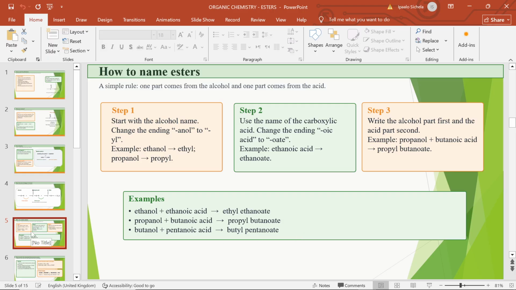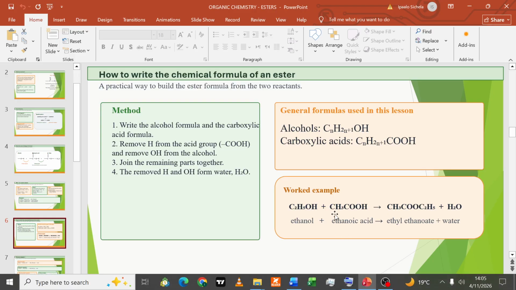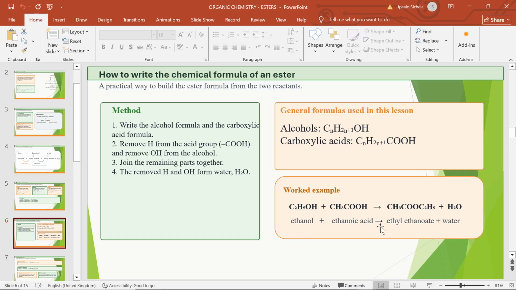Then we move on to the next slide. The next thing we're going to look at is how to write the chemical formula of an ester. So how do you write the chemical formula of an ester? For example, the example here given is ethanol plus ethanoic acid, which will give us ethyl ethanoate plus